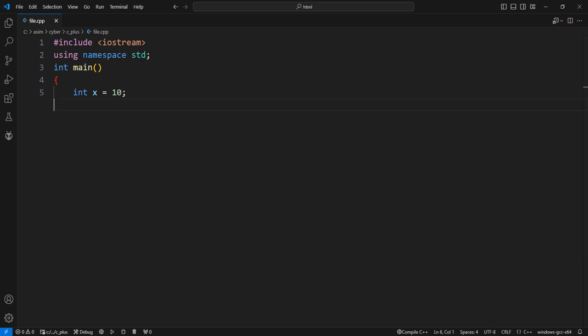Declare a pointer variable ptr of type int*, which will store the address of an integer. Here, ptr will be initialized with the address of the variable x using the address-of operator and